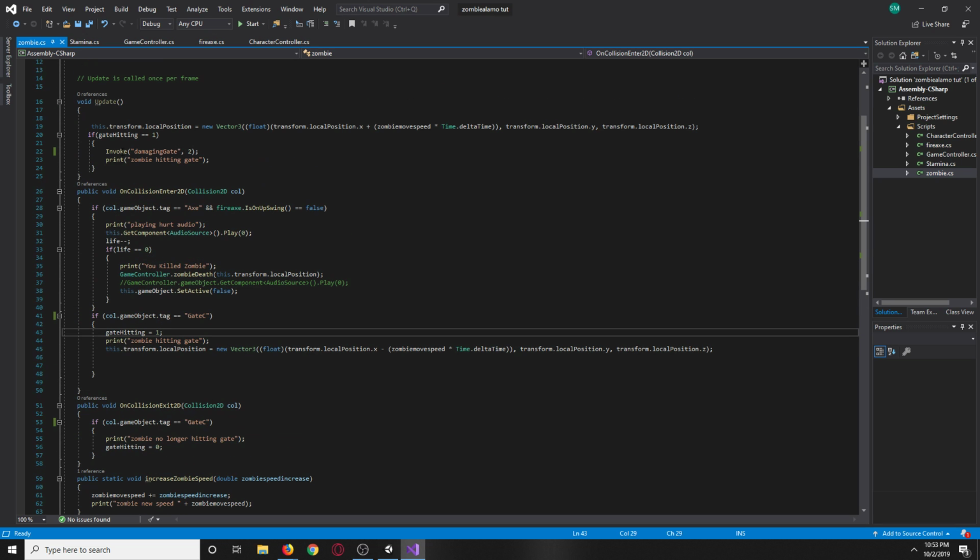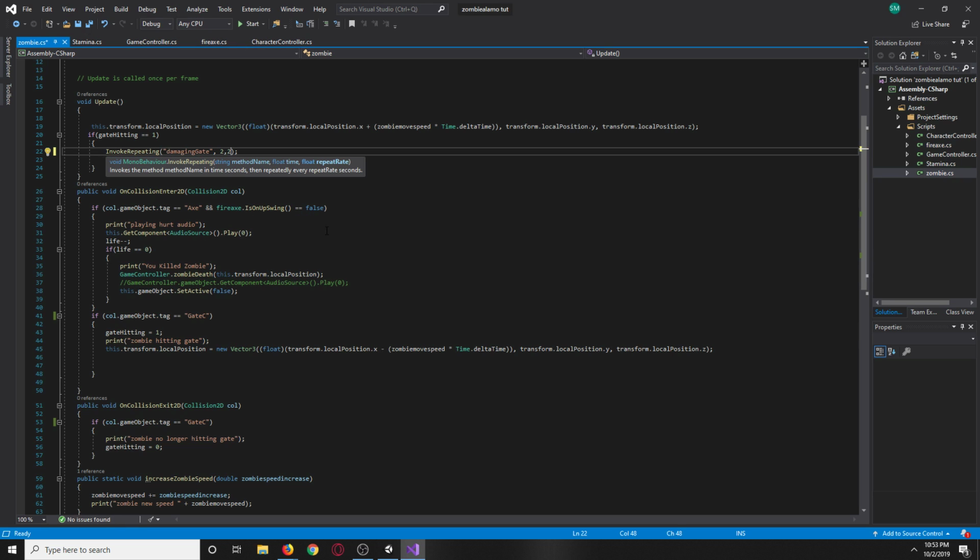Ah, here we go. Invoke. Invokes the method name in time seconds, then repeat it. So in time seconds,